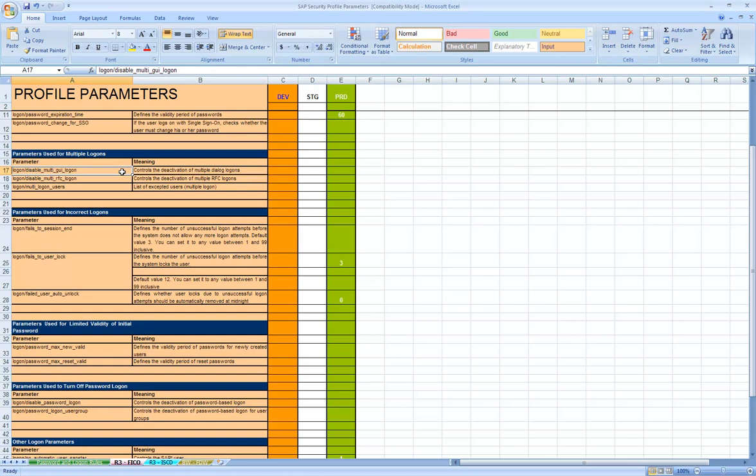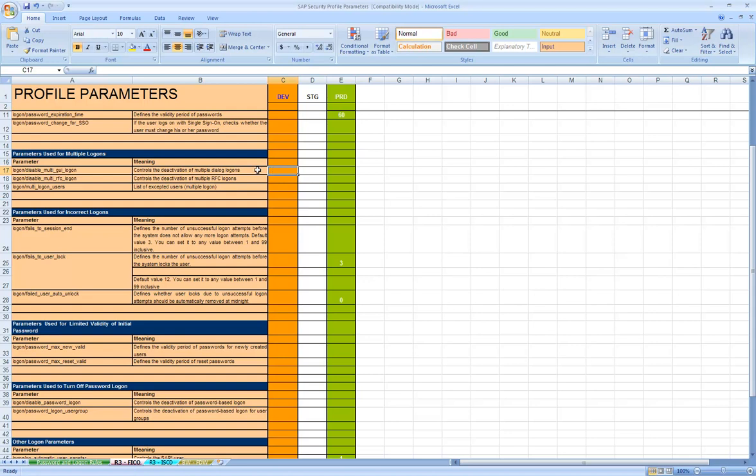So when you set the parameter login/disable_multi_gui_login to yes, or the value could be 1 or 0 depending on it, I think it is 1.